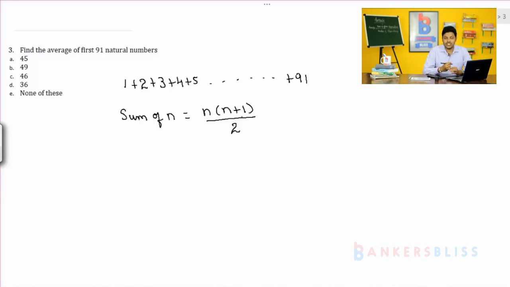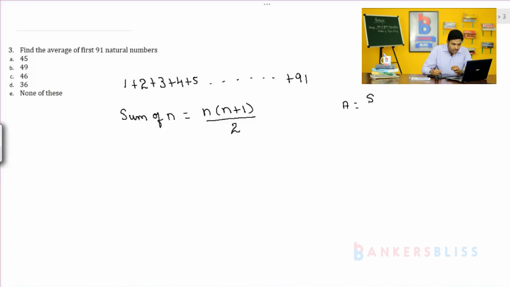So, 1 plus 2 plus 3 like that. The end point may be any number, it may be 91, it may be 100, it may be 150 or it may be 500, but it has to start from 1, then only you can use this formula n into n plus 1 by 2. So, according to the formula,